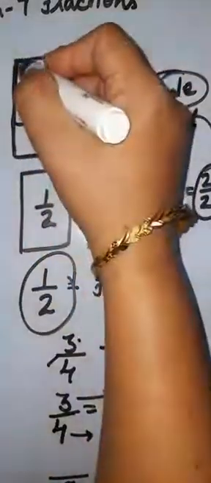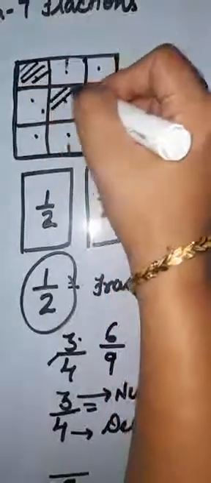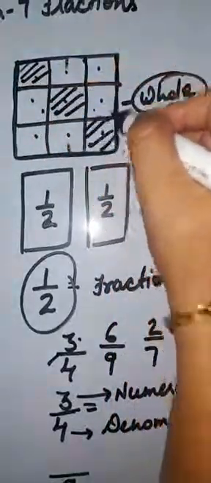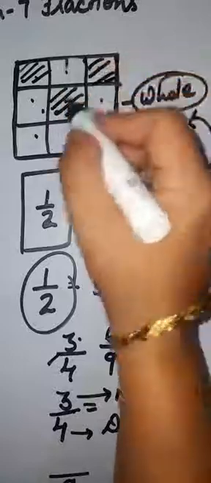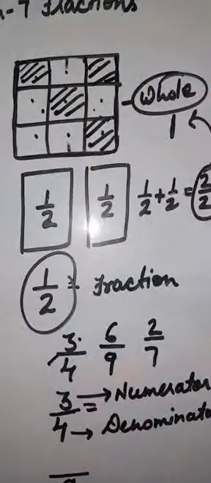Now how many parts am I shading here? 1, 2, 3, 4. 4 parts I have shaded. Now I'll write above the 9. सो नंबर ऑफ पार्ट्स टेकन, हमने 4 पार्ट शेड किए एंड 4 पार्ट हमने ले लिए. So 4 out of 9, 4 is the numerator and 9 is the denominator. All right children,